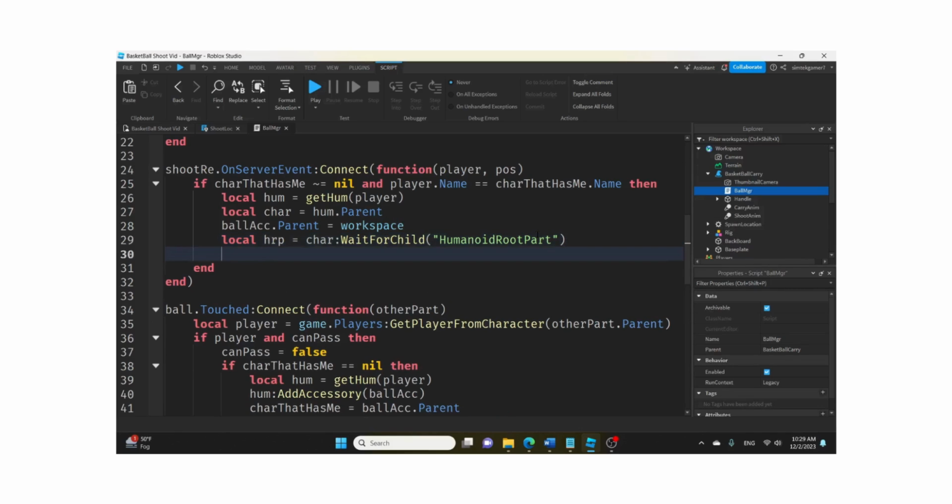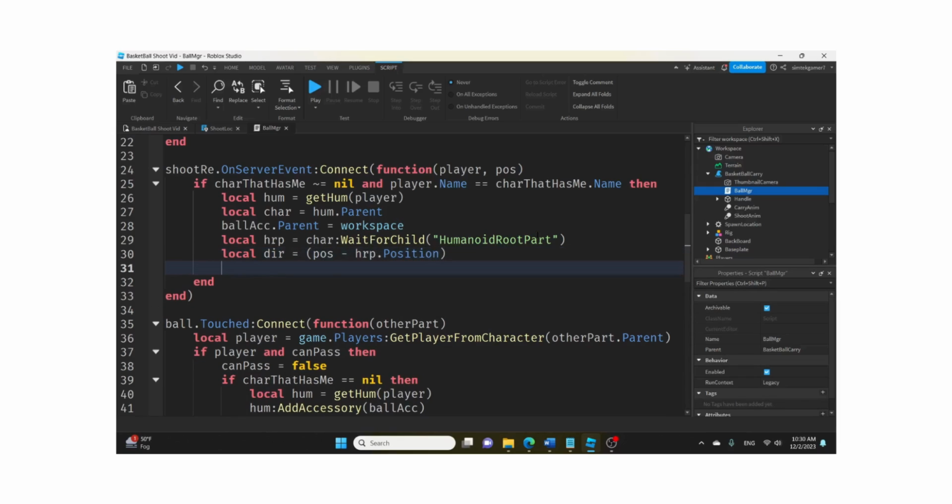We want to get the direction between the humanoid root part and where we clicked on the basket. So I'll do a dir, right? Dir equals, that's the position we clicked, minus the humanoid root part's position. All right, and now this is the funny part. Oh, wait, we still need the distance. Let's do the distance. So for the direction here,